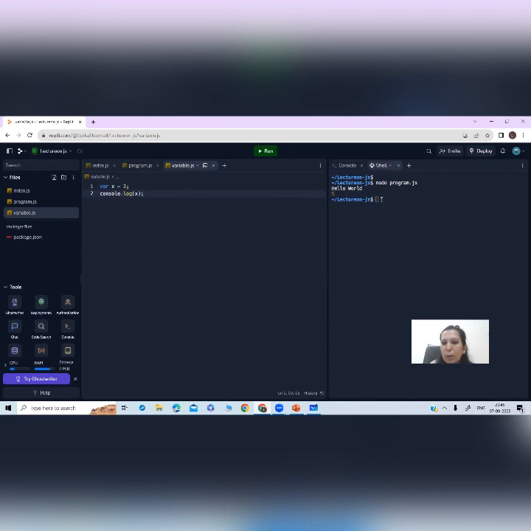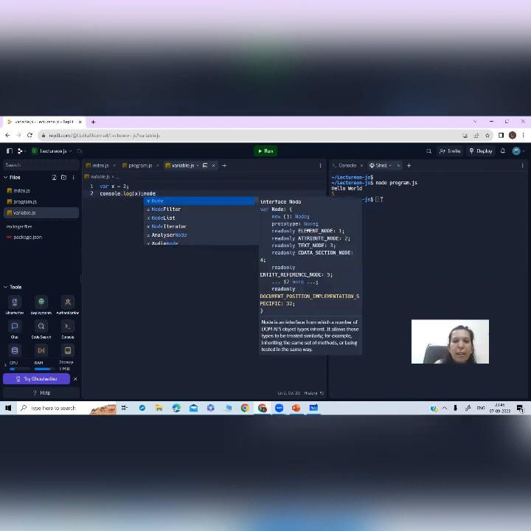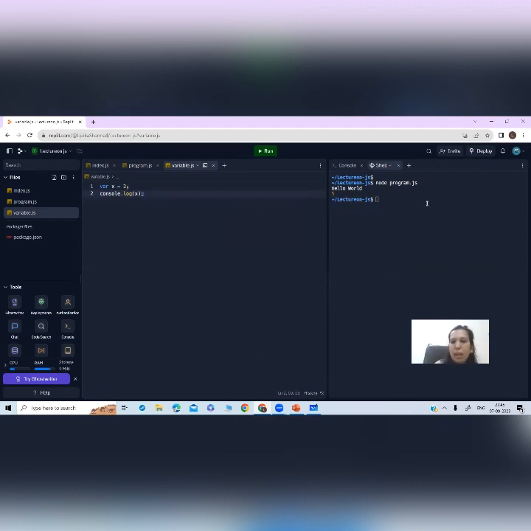So how are we going to write here now? We are going to write here, sorry, in this place, node. Then what is the name of our file? It is variable.js. Press enter. The value of 2 has been printed.